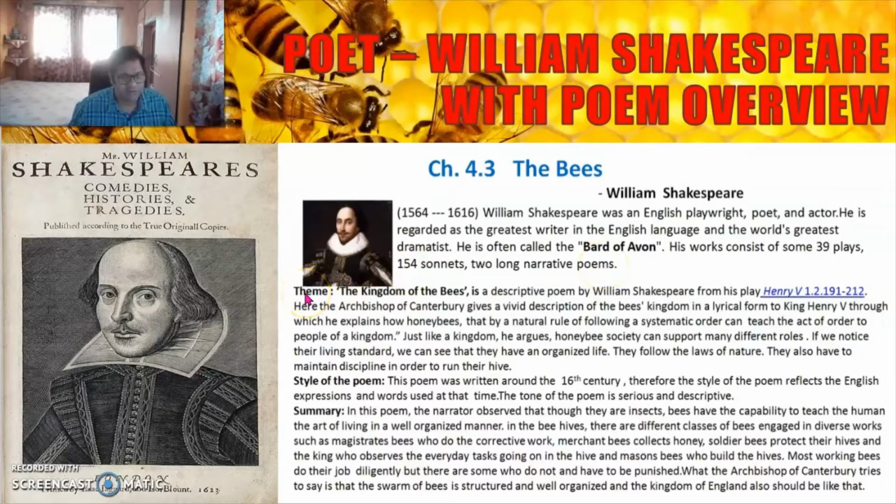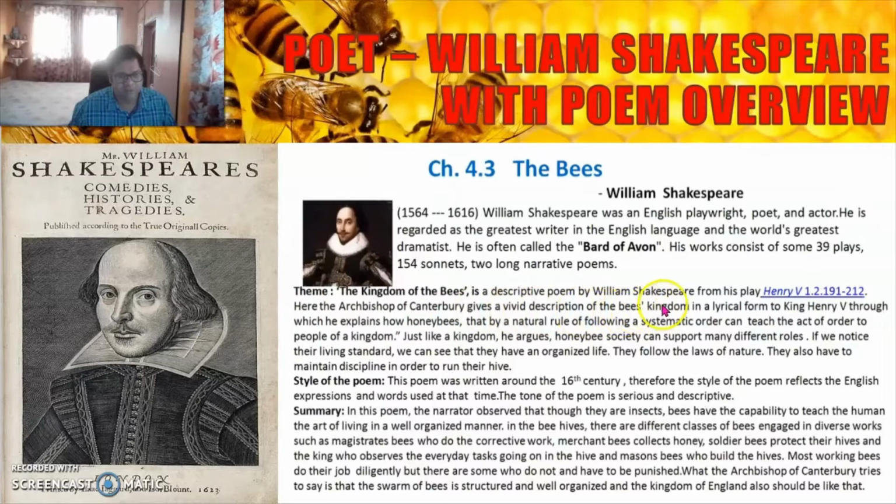Now, what is the theme of this poem? The theme of the poem is the Kingdom of the Bees. The Kingdom of the Bees is a descriptive poem by William Shakespeare from his play Henry V. Here, the Archbishop of Canterbury gives a vivid